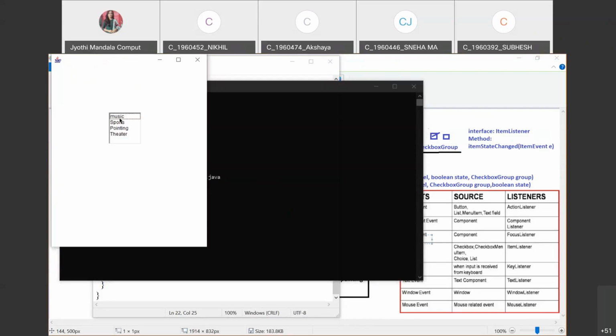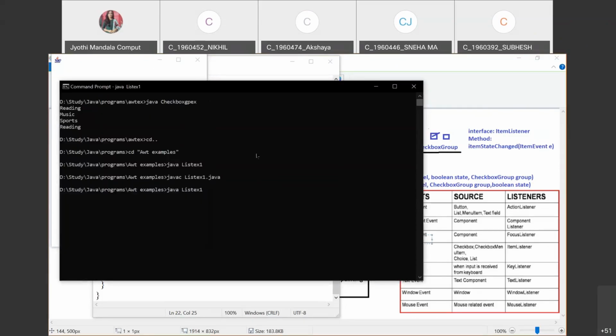Now, can you see here? We got music, sports values here, and selecting the control, it will allow you to select more than one item. Okay, so this is how list will be created.